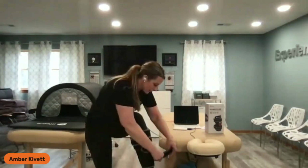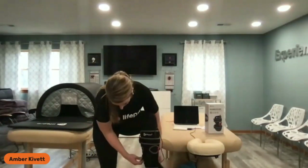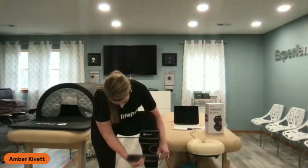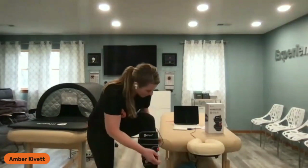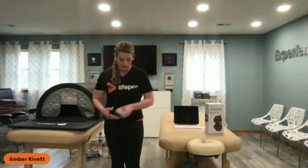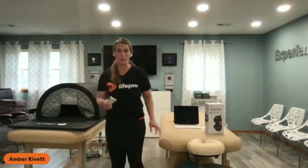And we're going to have some fun. We're going to see what Amber can do with the different supports on to see how much we can really move. I like to have fun with these kinds of things. It's a lot more interesting when there are certain things that are not in the owner's manual and you're trying to figure out what you can do with a product, whether it was intended to or not, okay? So I can stand on one leg and I can actually kick with the cuff on and it stays put,